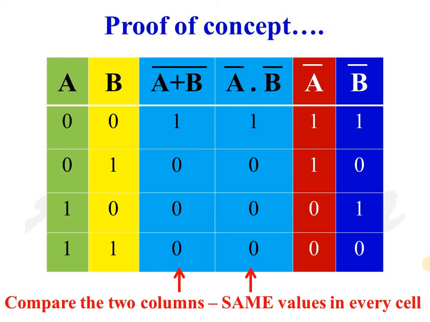The complements of the variables are A bar and B bar, which are shown in the rightmost two columns. For the four possible combinations 1,1, 1,0, 0,1 and 0,0, A bar and B bar is given as 1, 0, 0, 0. If you compare the third and fourth columns of the truth table, we can find that they are exactly the same. So this means that (A or B) the whole bar is the same as A bar and B bar.